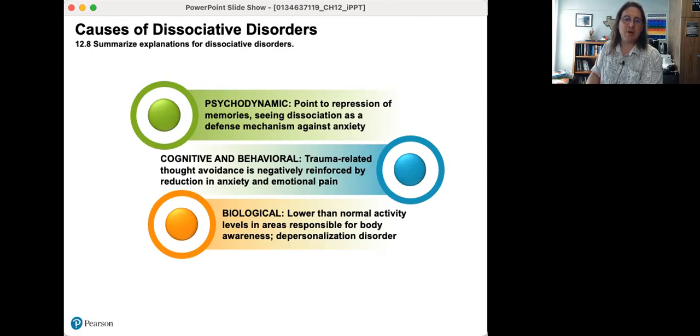And the biological model would be lower than normal activity levels in the areas responsible for body awareness, as in depersonalization disorder. So it could be under the influence of drugs. Somebody might depersonalize or lose track of awareness or encounter dissociative fugue. People that have experienced anything with Molly, or I'm trying to think what some of the other drugs that might have hypnotic effects, might experience dissociative fugue where they don't remember doing something, but they were apparently in full control of their faculties